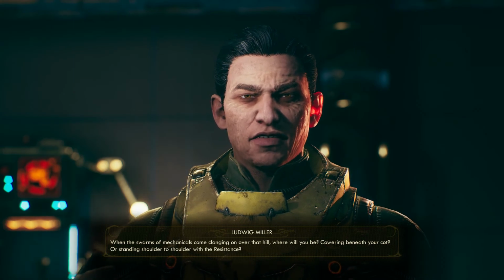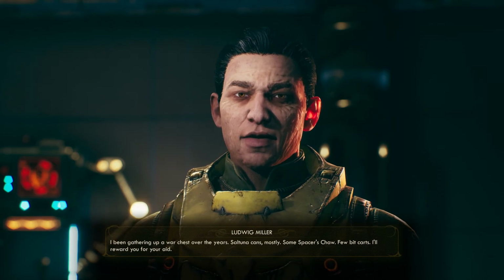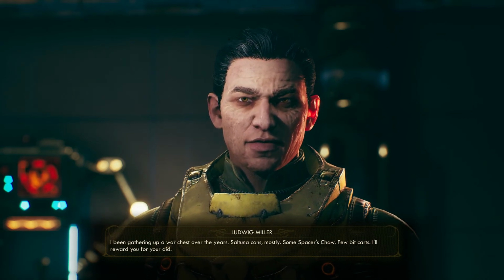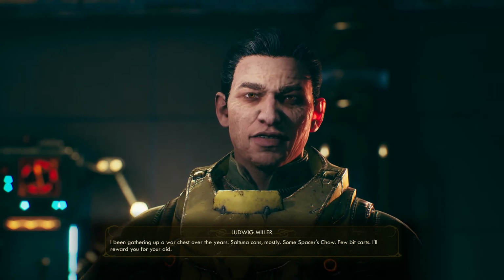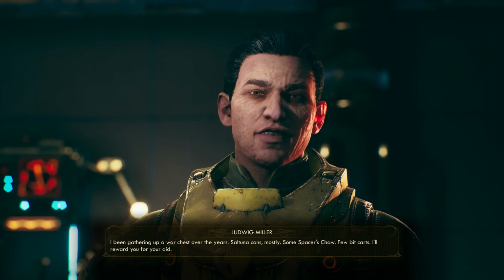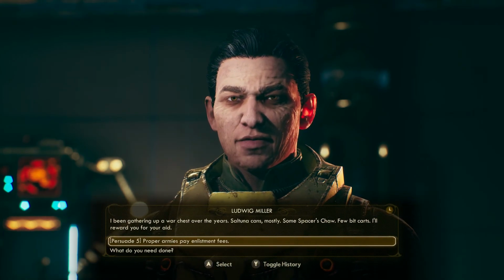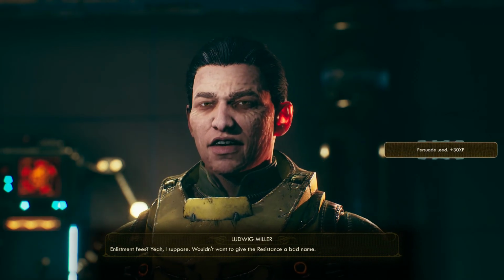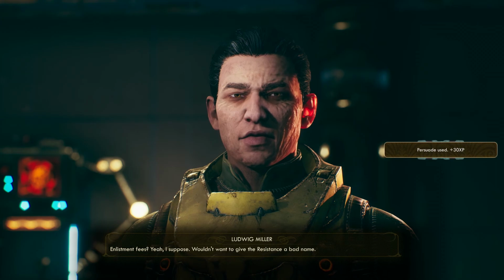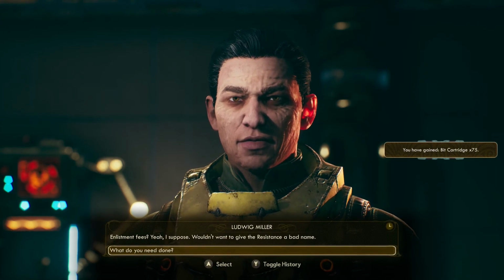So there's a with the resistance against... If your resistance needs another gun, I am for hire, definitely. I've been gathering up a war chest over the years. Saw tuna cans, mostly, some Spacer's chaw, few bit cards. I'll reward you for your aid. Proper armies pay enlistment fees. Let's see. Enlistment fees? Yeah, I suppose. Wouldn't want to give the Resistance a bad name. Nice. What do you need to...